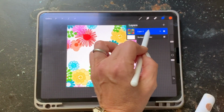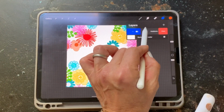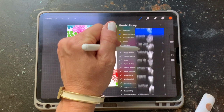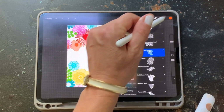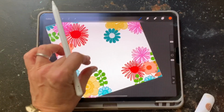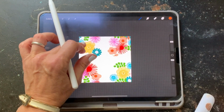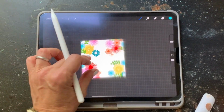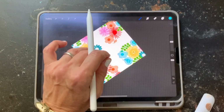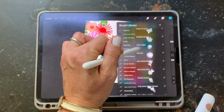Because this is a little bit experimental, I like to go ahead and lock this layer and work in a layer above just to fill that in, so I can experiment with options and see what I like, kind of thing. So don't forget to rotate your canvas so that you have options, and you can always use different colors for the same brush, you know. And just fill it in as you